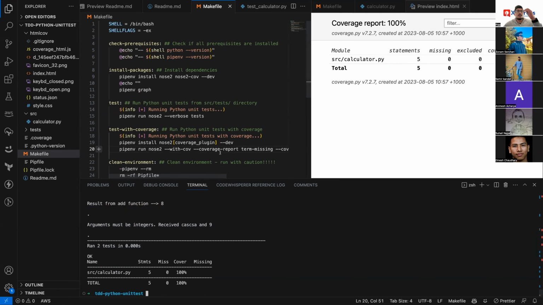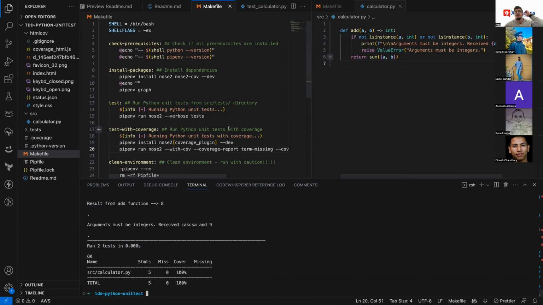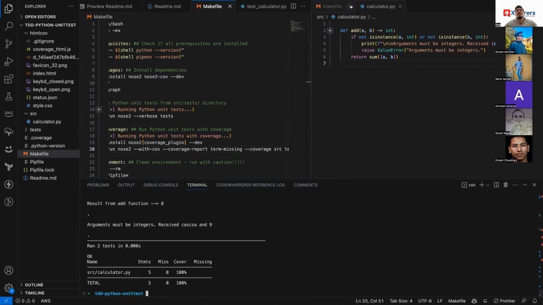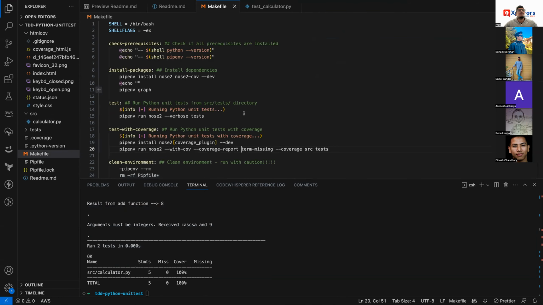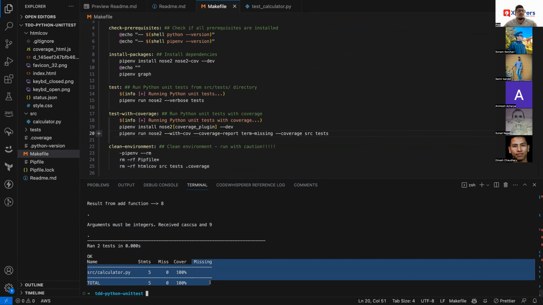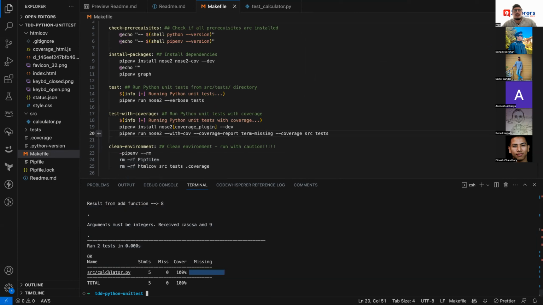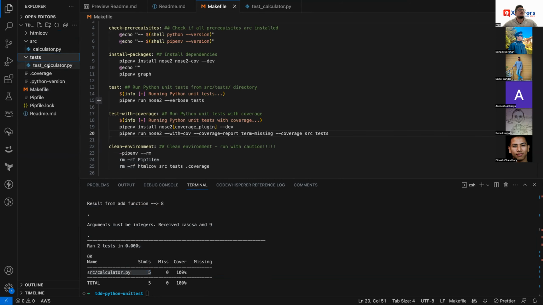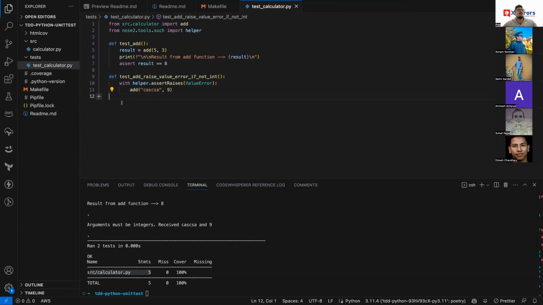That's coming up. Because I changed it to be an HTML, I just wanted to show you as well, because this is really helpful. It doesn't show you missing because there's no missing lines right now. So it's saying 100% of the code is being covered. But what I can do now is, for example, if I close this and then remove the test for, okay,